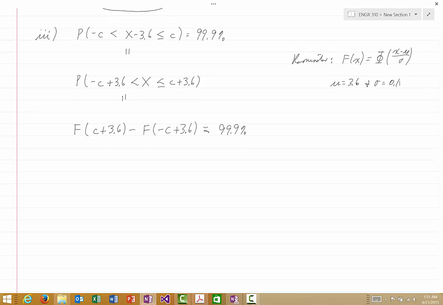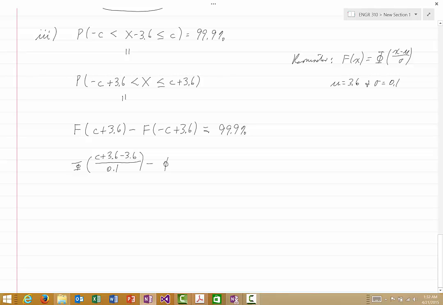So if we now return to this equation and use this relationship between capital F and phi, then we will get capital phi of, for x, we need to substitute C plus 3.6. So capital phi of (C plus 3.6 minus mu, but mu is 3.6, so minus 3.6) over 0.1